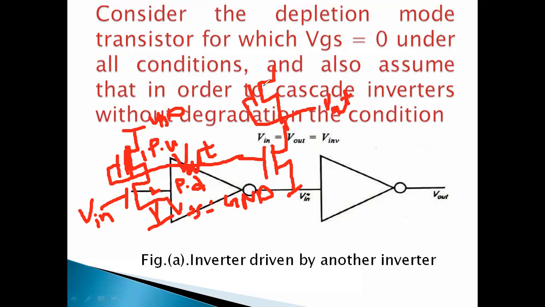Okay, it is the depletion mode. For the depletion mode, this should be a thicker region. Okay, it is VDD and VSS. This is a circuit arrangement, a symbolic representation of the circuit arrangement inside this one. Two devices: one depletion mode and another enhancement mode device. This is a circuit inside this diagram.